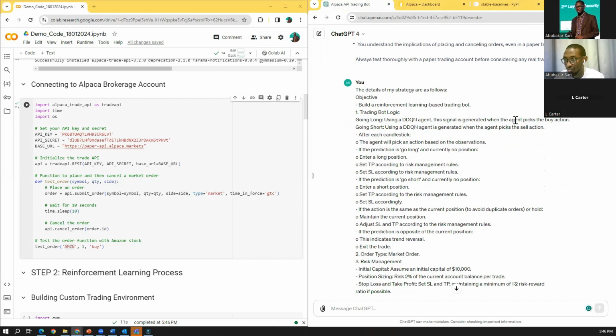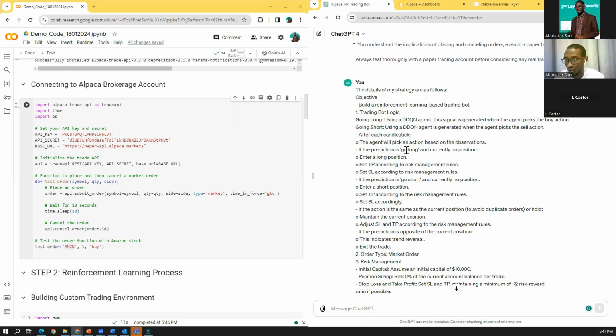So the agent is the one to tell me buy or sell. All this is now the job of the agent. After each candlestick, the agent will pick an action based on the observations, which are the RSI and those technical indicators.